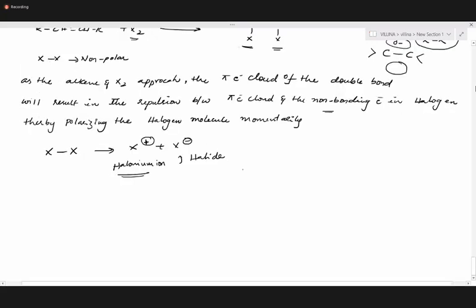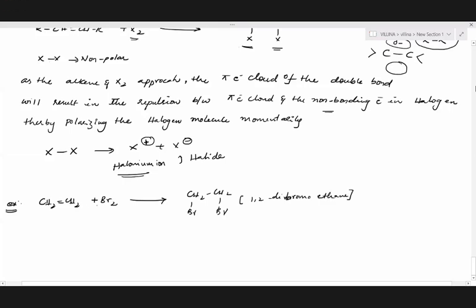So take down a simple example. We have ethene, CH2 double bond CH2, and we are performing the Br2 reaction. We are doing the bromination. So we end up with CH2Br, CH2Br. So we have 1,2-dibromoethane. Here we don't have any alkyl group to back up, so there is no question about in what direction the electrons will shift.